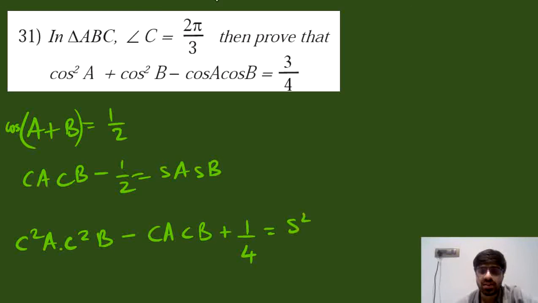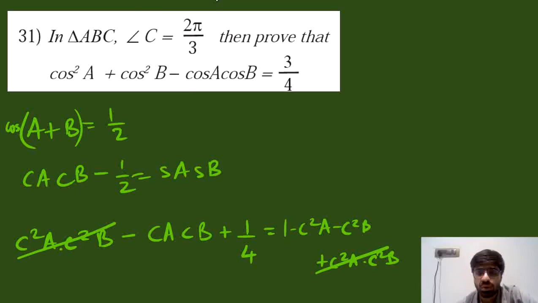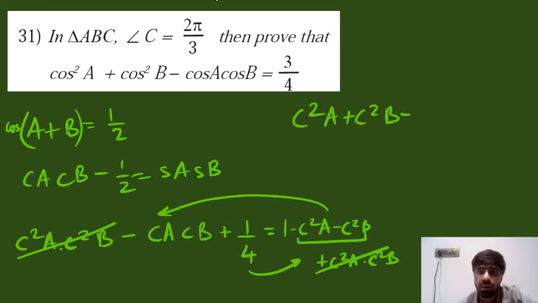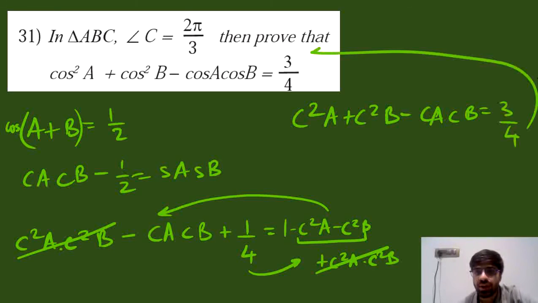That should be on the right hand side. It is sin square a into sin square b. But we can think of sin square a as 1 minus cos square a into 1 minus cos square b. And when you expand the terms, you get 1 minus cos square a minus cos square b plus cos square a into cos square b. Okay. So cos square a into cos square b gets cancelled on the left and right. And now you can take minus cos square a minus cos square b on the left and 1 by 4 on the right. So that should give you cos square a plus cos square b minus cos a cos b equal to, on the right it will be 1 minus 1 upon 4, and that is equal to 3 upon 4. That's how we are proving the 31st question.